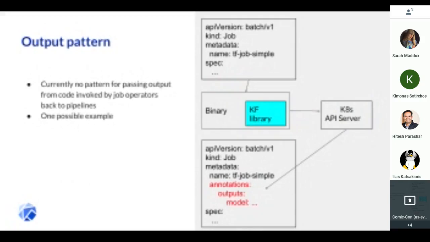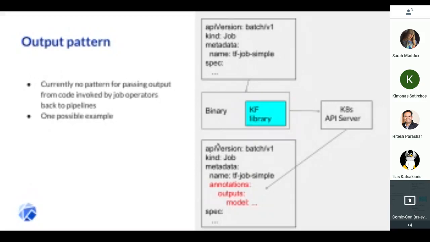Because all that job is doing is running some arbitrary binary. So there's no standard or widely accepted way for specifying what the output of that step or binary was, right? So that's kind of a barrier to taking some arbitrary binary, wrapping it in a Kubernetes job, and orchestrating that as part of some larger complex workflow where the outputs then get passed to the next step in the pipeline.